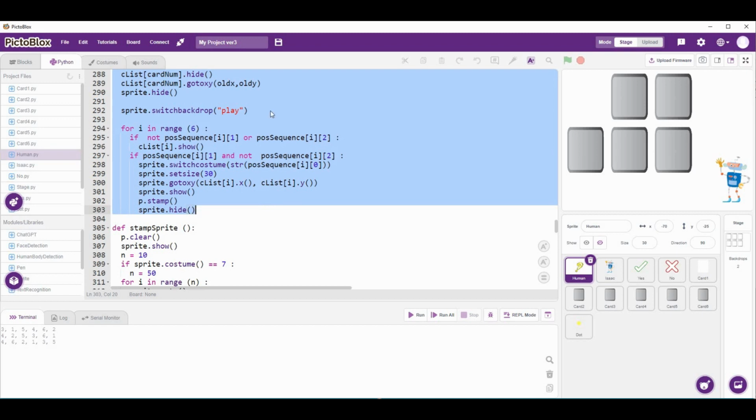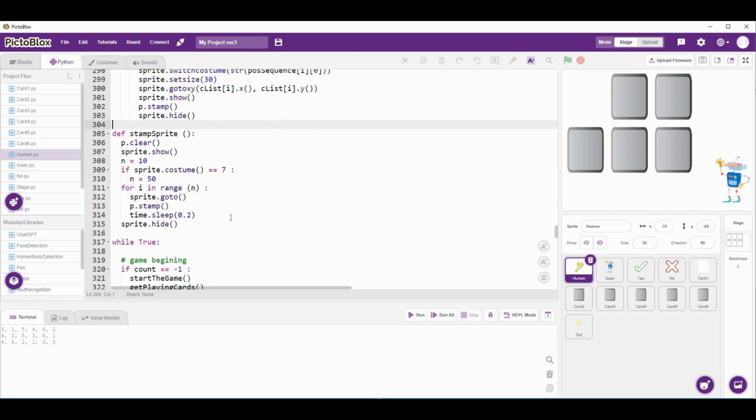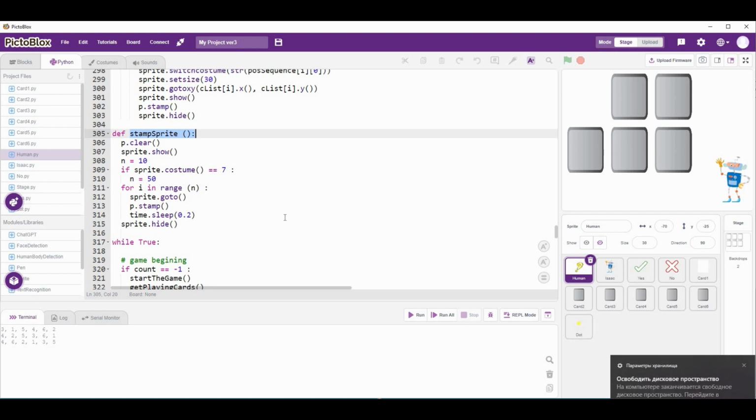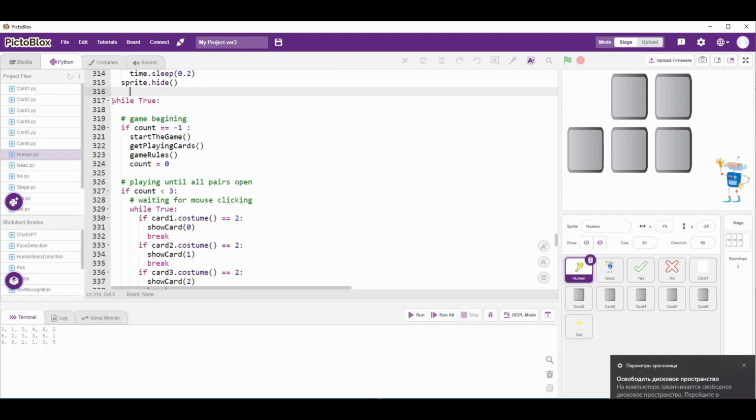And the next and the last function, named stamp sprite. This function is called when the game is over, when all cards are opened, and depending on the emotion, it will show stars or Y sprites. And then I have the forever loop